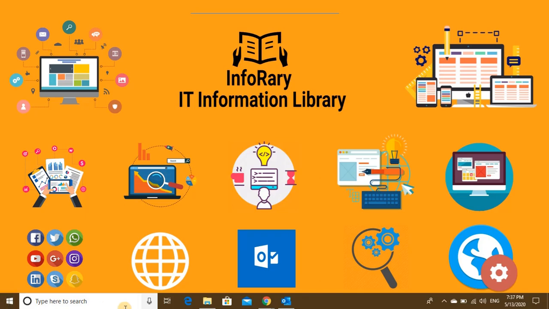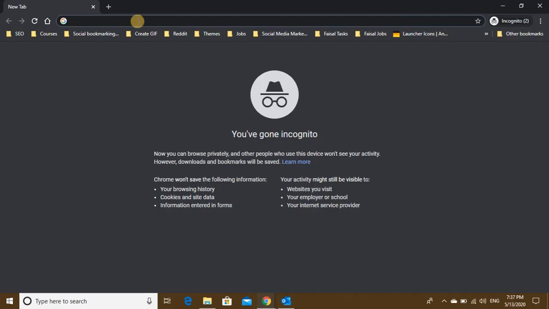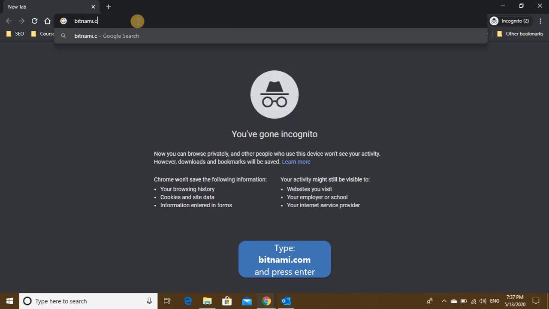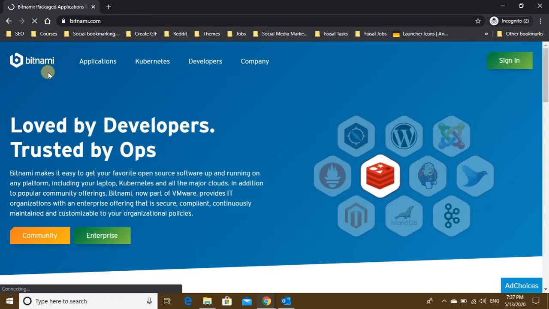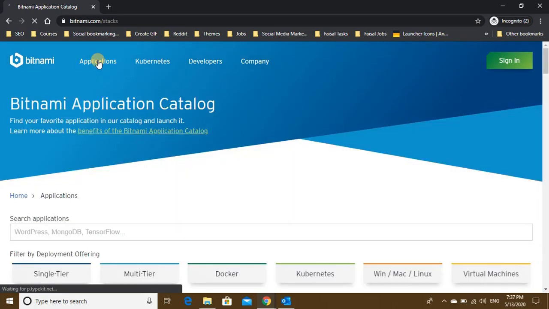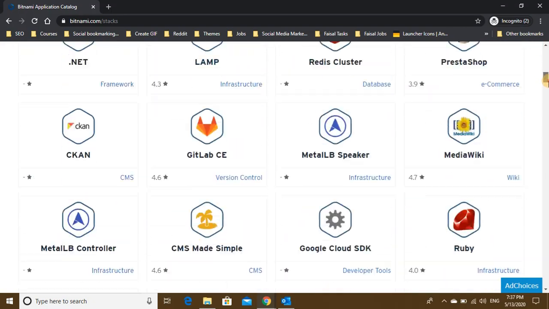First of all, open the browser and go to the Bitnami website. The URL is bitnami.com. Once you open the website, click on applications, and here you can see all the available applications on the Bitnami website.